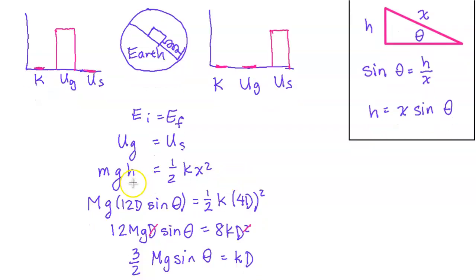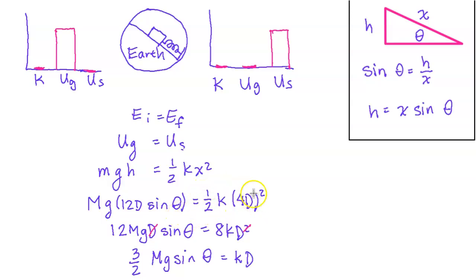Now next, we need to solve for h here, and we're going to go back to our triangle. And we previously used some trig to show that the height is equal to x, which I'm going to call the ramp distance, sine theta. And the ramp distance is 12d, so it's 12d from the bottom of the ramp. So on the left-hand side here of gravitational potential energy, we have big M, which is the variable they gave us, times g times 12d, that's the ramp distance from the bottom, sine theta, is equal to 1 over 2,